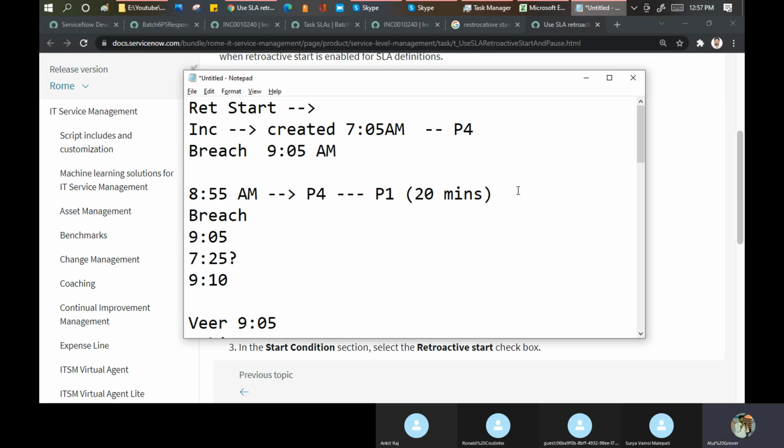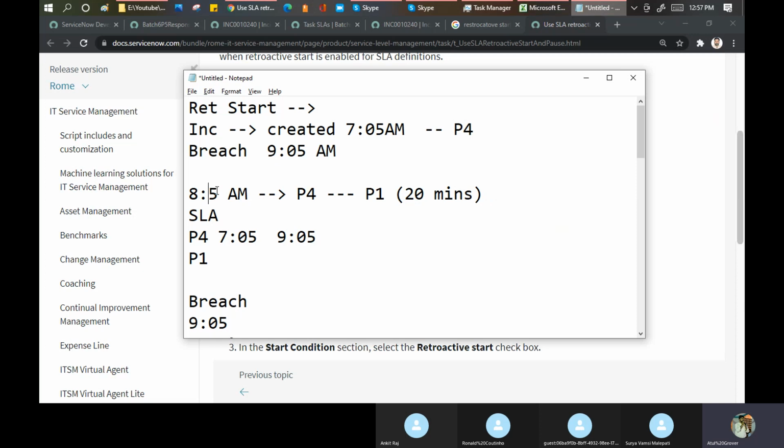But what this says, if I take this example like this. P4 SLA स्टार्ट हुआ 7:05 पे. ठीक है, ब्रीच होगा 9:05 पे. ठीक है. I change from P4 to P1 at 8:45. Let's take an example at 45 and at 30 minutes for this one. Okay. So now